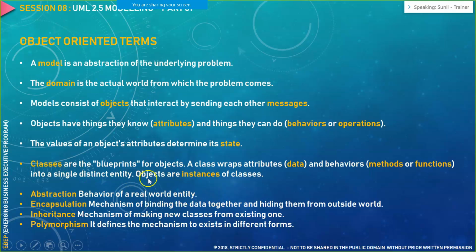Now, similar to classes and objects, we have other concepts: abstraction, encapsulation, inheritance, and polymorphism. Now, I would first start with inheritance. So, inheritance is like you are creating a new class from an existing class. For example, we saw 3 classes now: student, instructor, and the course class. Now, let's say I want to create a particular class which is inherited from these 3 classes: student, instructor, and the course. So, let's say I want to develop an alumni network for a particular system.